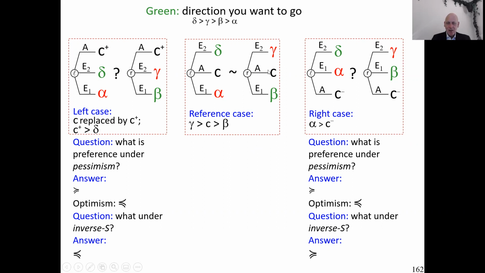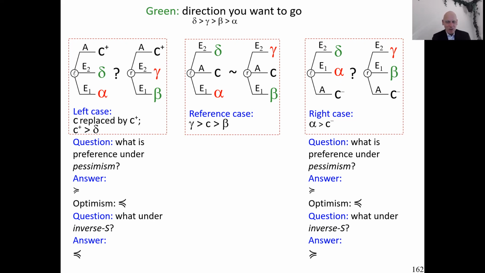For instance, capital C here is ranked in the middle between the other outcomes. In the left figure, we replace it by a capital C plus, a common outcome that was superior to all the other outcomes. What happens with preference? Well, you know that the sure thing principle says that changing a common outcome into another common outcome should not change preference. The sure thing principle predicts left case same as the reference case, so indifference. But empirically we find that the preference changes, so we have falsifications of the sure thing principle, and I already explained with risk that they provided useful critical tests of optimism and pessimism that continues to hold just the same way for uncertainty. I'm going to explain one case to you, leaving the others to you.